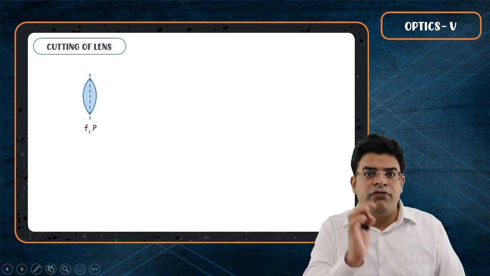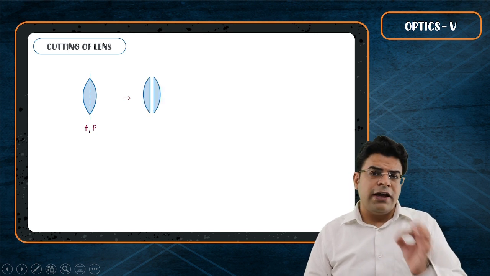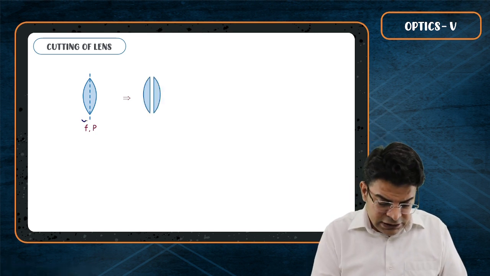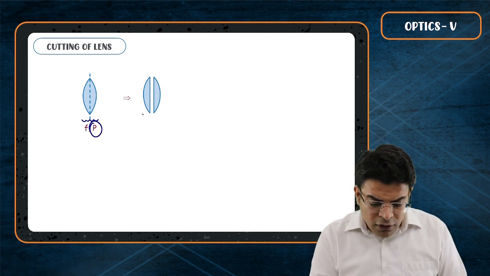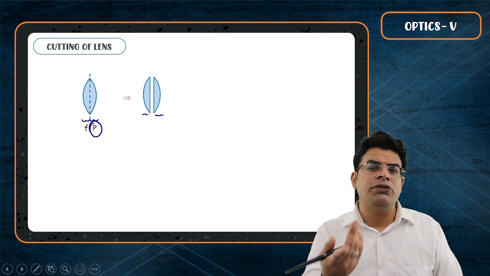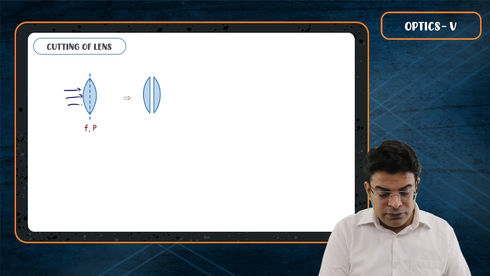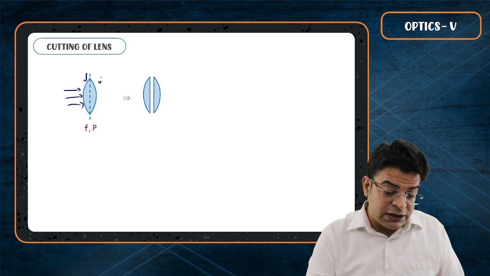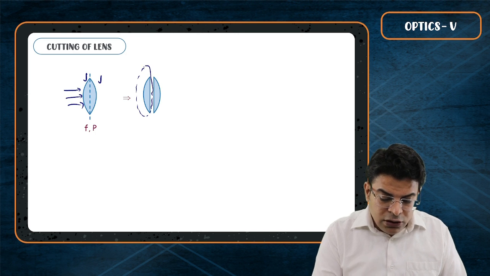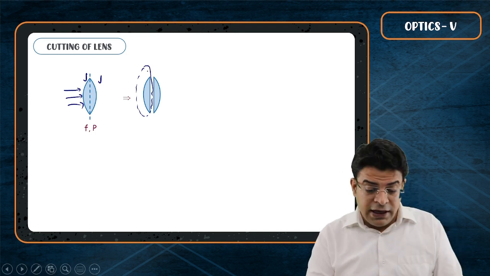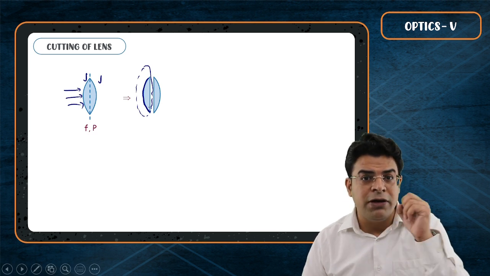So once you have cut it, once you have divided it, you will get two lenses. Now tell me, if this single lens has a power P, then one of these individual lenses will have how much power? Sir, we have learned that if we shoot parallel rays, both the surfaces converge them. If I now think about only one of them, the convergence of rays will take place only on one surface. So it will converge less, so the power will be less.